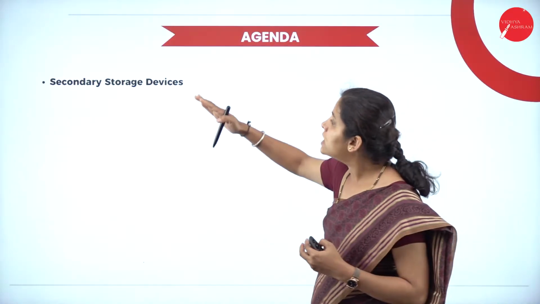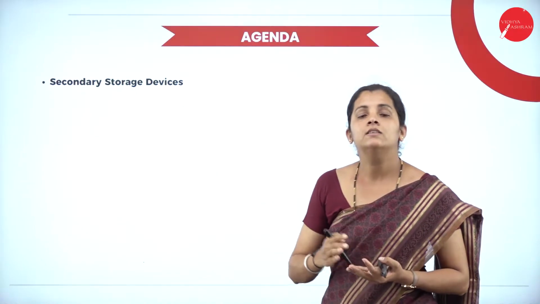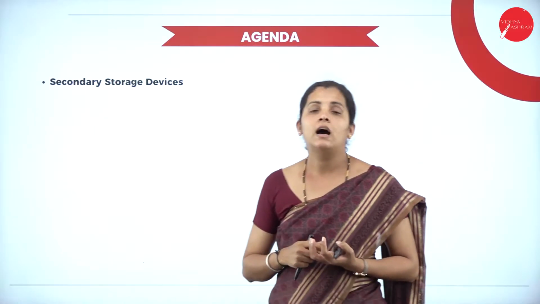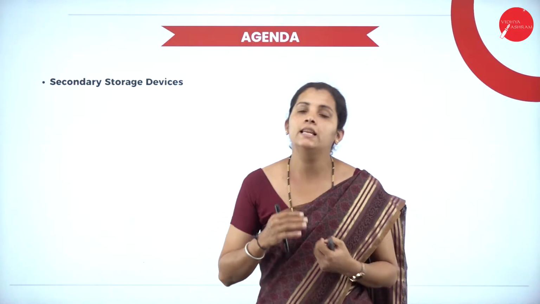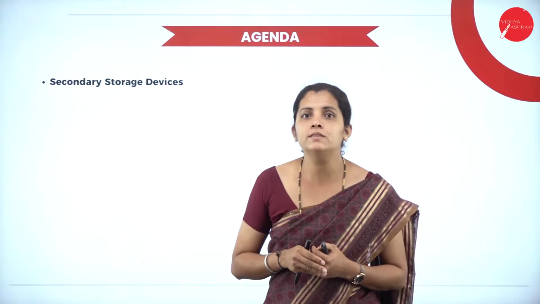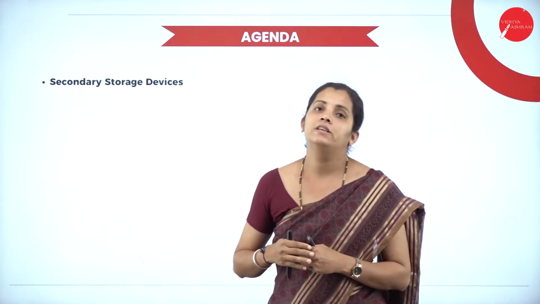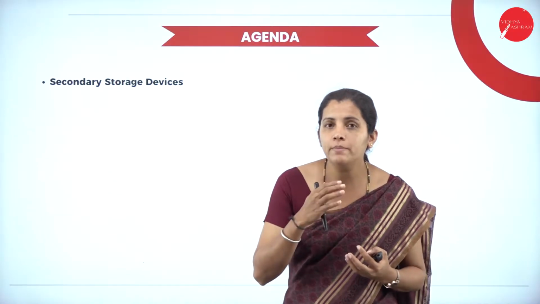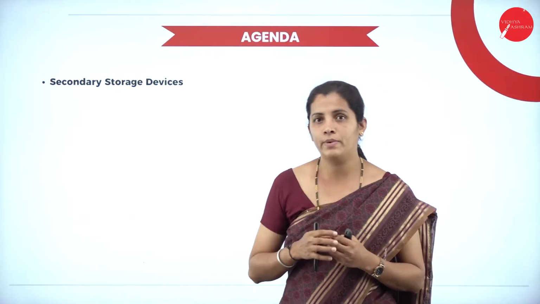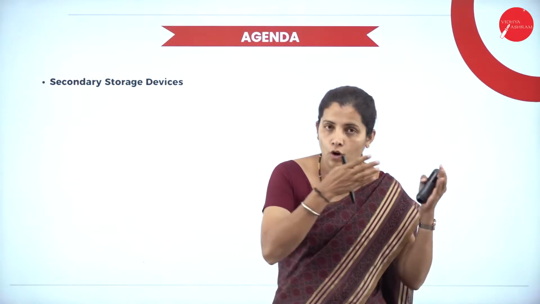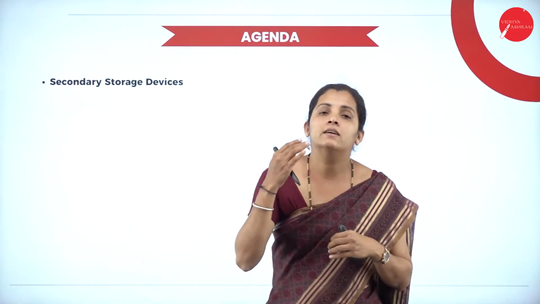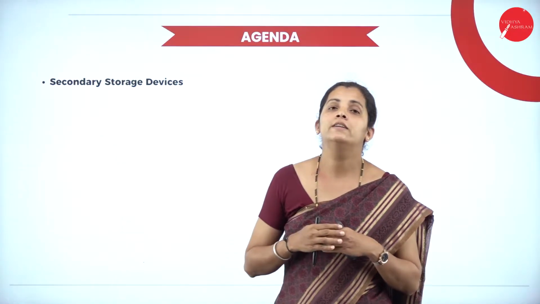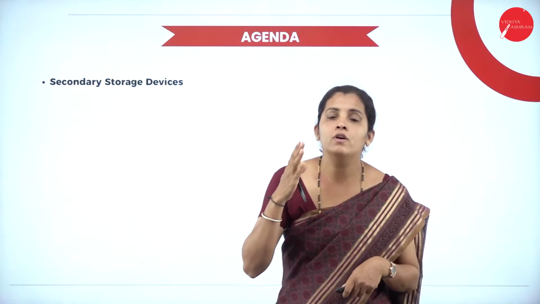Before going to start today's class, just recall the things we covered in the last session. Dear students, in the last class we studied what is memory. Under memory, we studied the different types of memory: primary memory and its types, ROM and RAM. Under RAM, the different types of RAM. Under ROM, we studied the 5 different types of ROM.